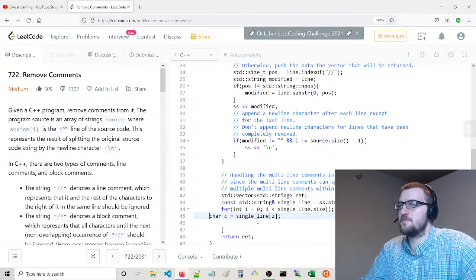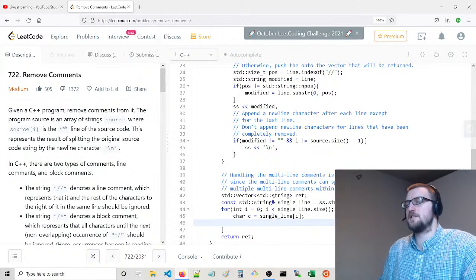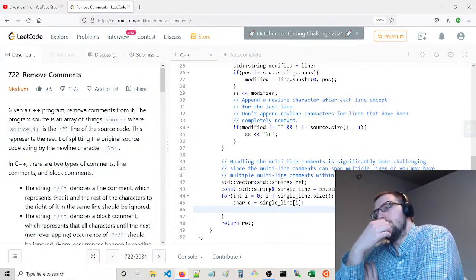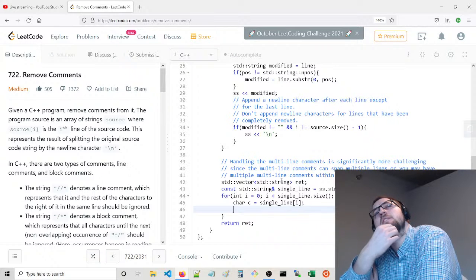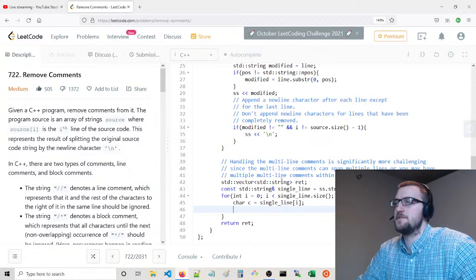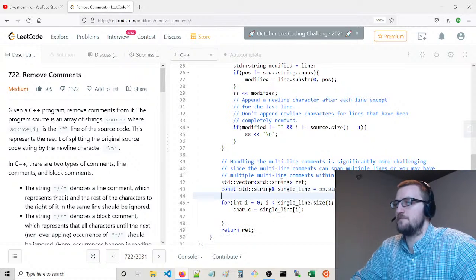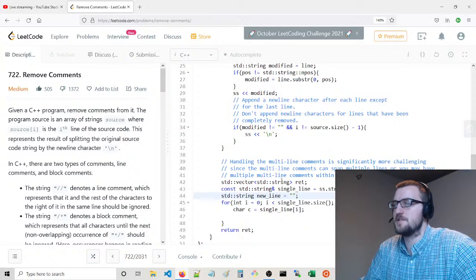So what we want to do here, the tricky part about this, is we're going to append character by character to each line. So we'll have a new line, something like this.